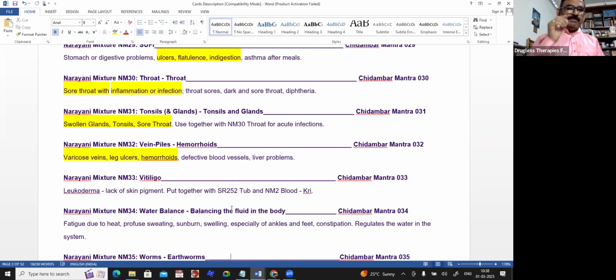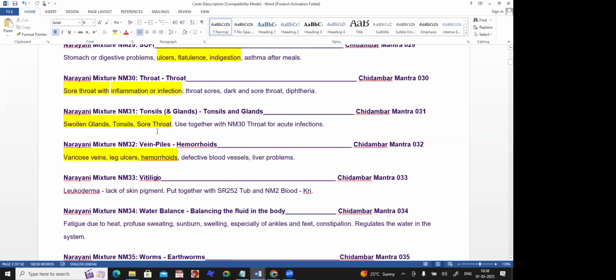You go veins and piles, and what does it cover? Piles is hemorrhoids, bleeding from the rectum. So leg ulcers, varicose veins, it is a must. And along with that, what do you have to do? We have to give OM7 heart, so that it addresses all the cholesterol level and this and that. And even then, circulation. So we can give circulation, and circulation balance we can give, because of stagnated blood. So like that. See, but single use of this